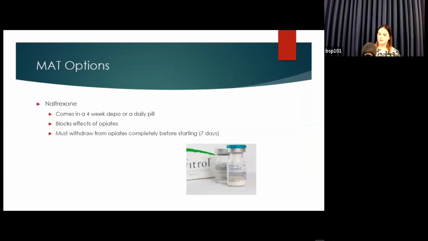And again, you can use naltrexone. This is a receptor blocker, but it's not really going to help with cravings, and it's certainly not going to help with withdrawal symptoms. You also have to be 7 days opiate free to start naltrexone, which is a long time to ask somebody to go without their substance before they can take this medication. For alcohol, it's only 72 hours, so usually just once they're out of that acute detox window.